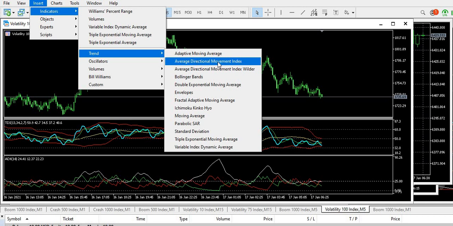Average directional movement index. So in short, it has three moving averages, and all three are meant to perform special tasks. In these moving averages, it measures the momentum of the market and the volatility of the market. For example,